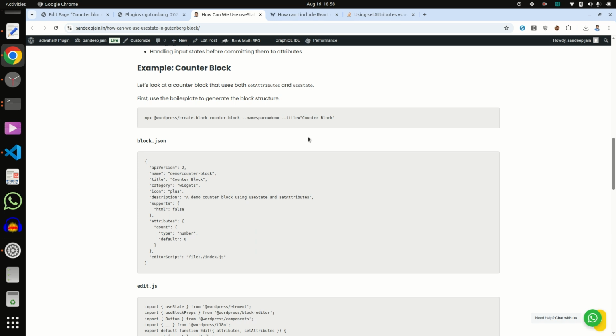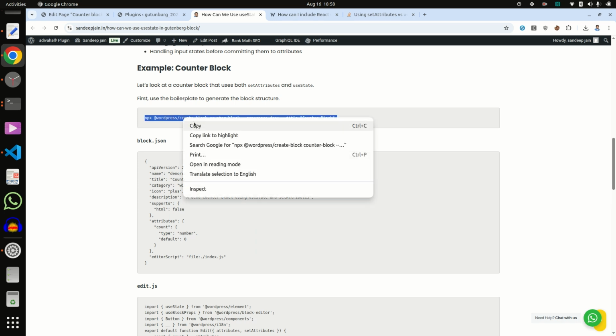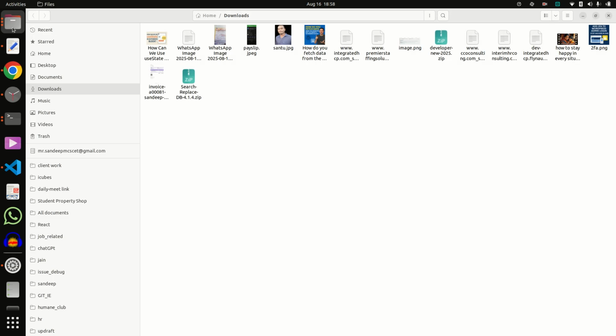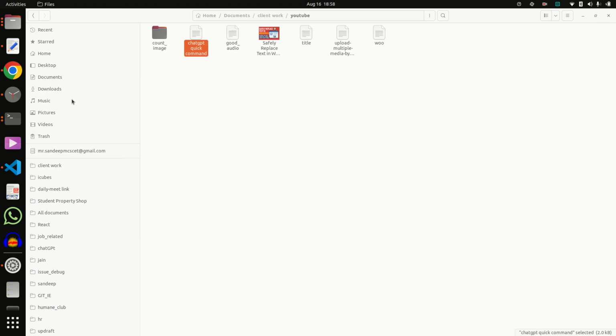So first go in the editor and run this boilerplate npx command. It is the WordPress create-block boilerplate command. So run this command in the plugin section.